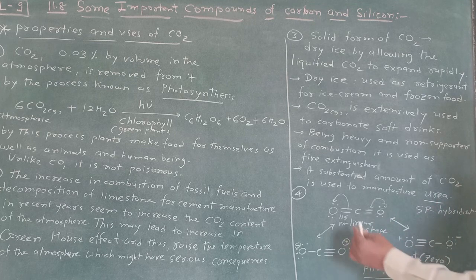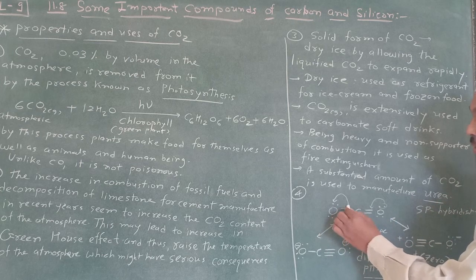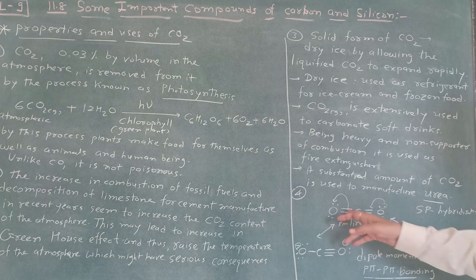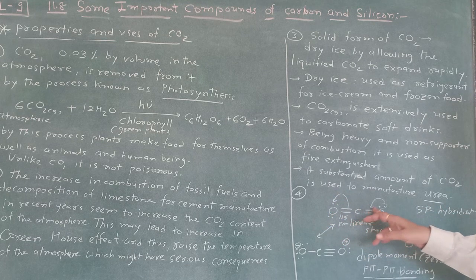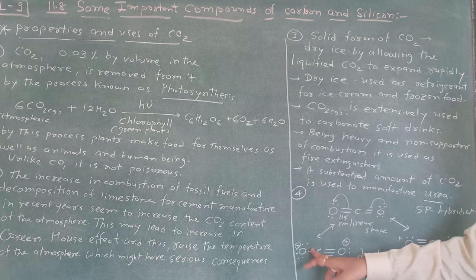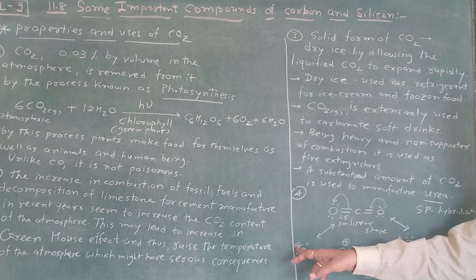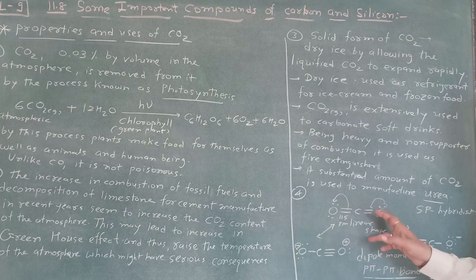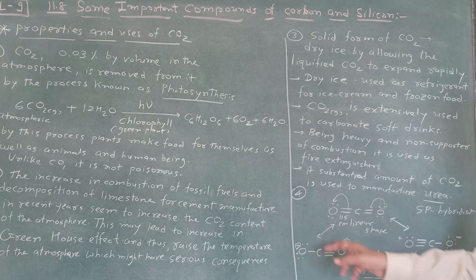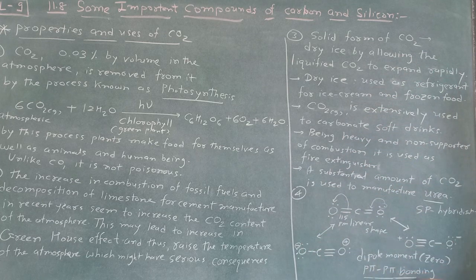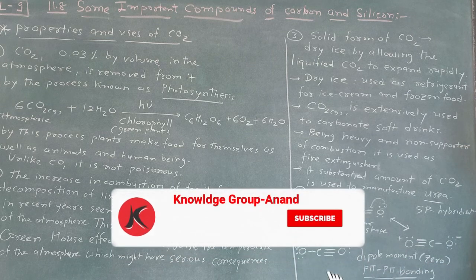This is known as the resonance structure. Here we have to learn this one. A double bond is there; the negative charge moves here, and this bond pair donates electrons, and that's why a triple bond is produced. Carbon possesses 4 valency, and here also carbon has 4 valencies. That means the negative charge is circulated towards the two oxygens, and due to that pi bond formation takes place, and that's why sp hybridization takes place. So this is all about carbon dioxide properties and uses. Okay, so write it completely.